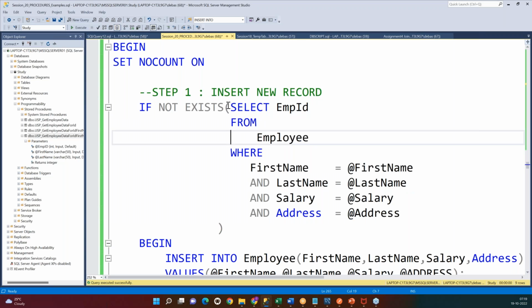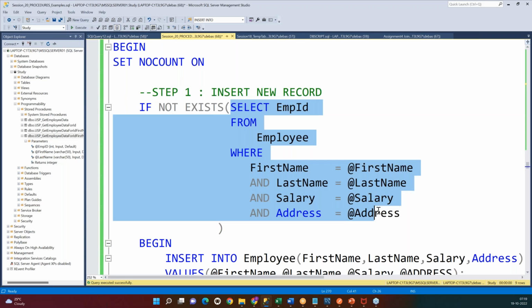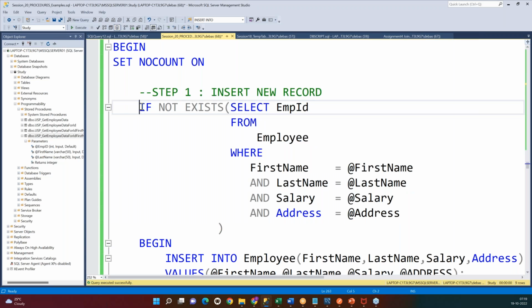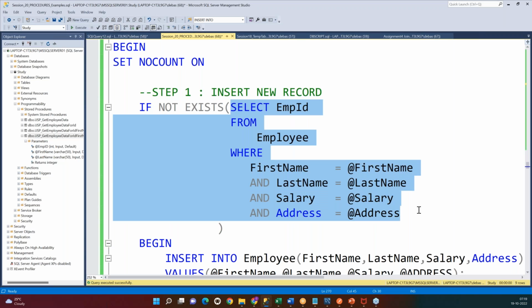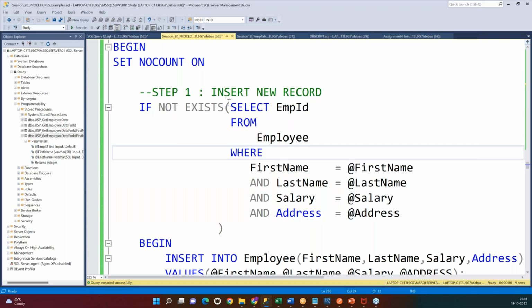If this particular select query returns a record, that means the if not exists will evaluate to false. Is that correct? Because if the query is returning some data, that means the data exists. If not exists, it will evaluate to false. If the select query does not